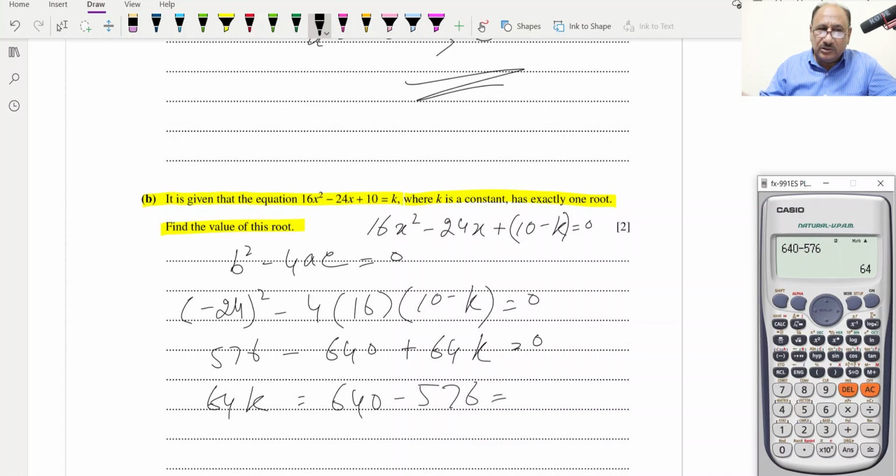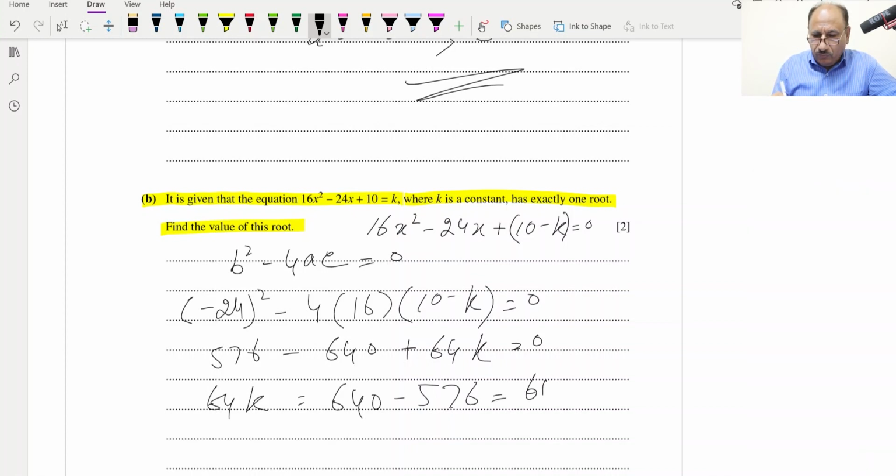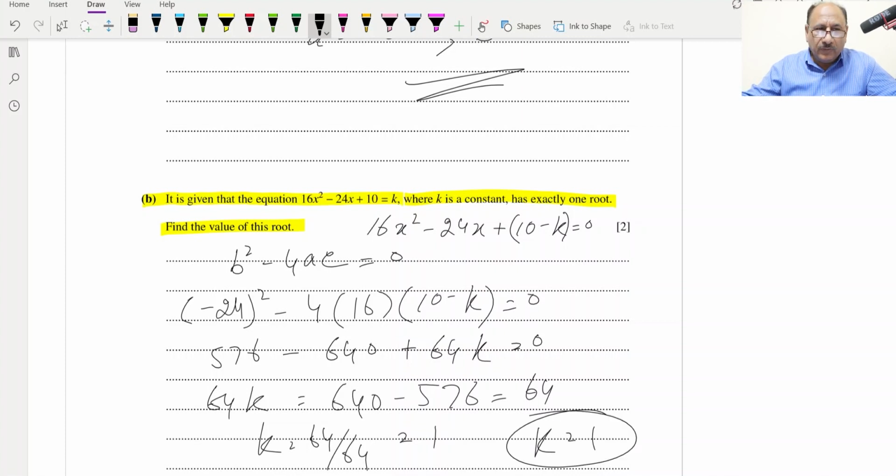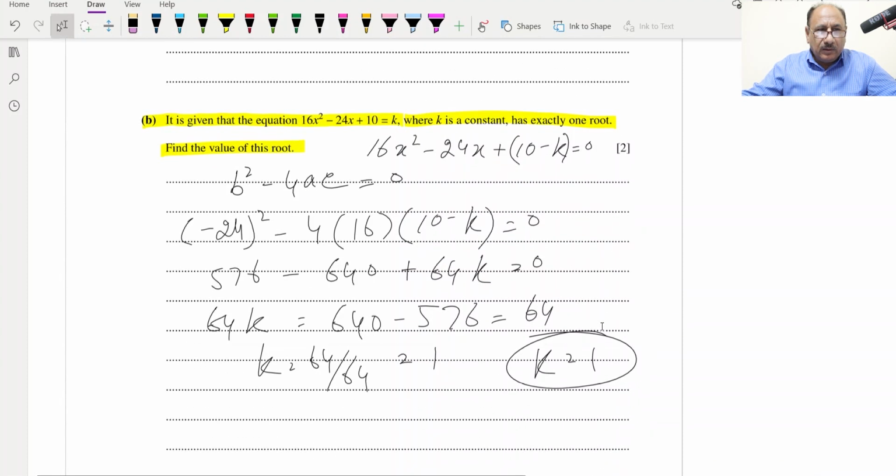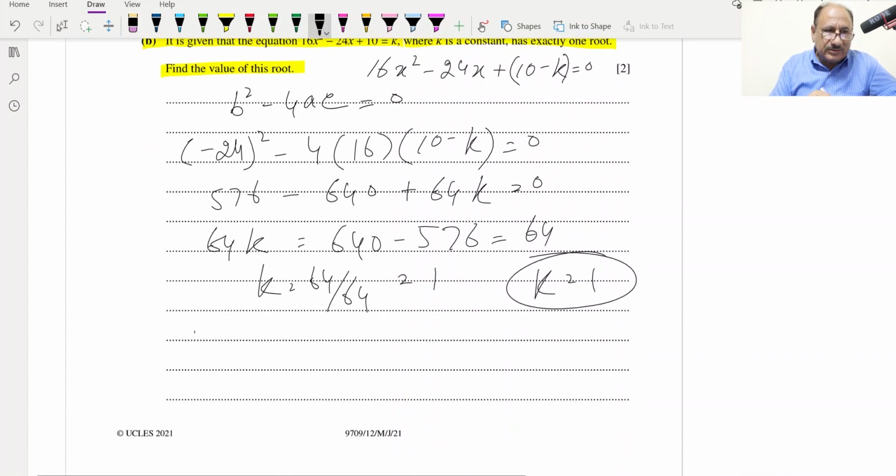Okay, so now this will be 64, and so the k value is equal to 64 over 64, which is equal to 1. So the k value is equal to 1. This is the k value which we will be writing, for example 16x squared minus 24x plus 9 is equal to